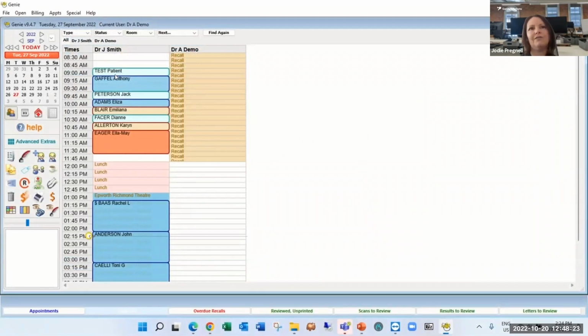Another great tool for SMSing is that Genie gives you the ability to bulk SMS messages for appointments. So this is a great tool, and it can be used if you want to SMS patients if the doctor is running late because he's been held up in theatre, or if the doctor is unable to come in for the day. So to do this,